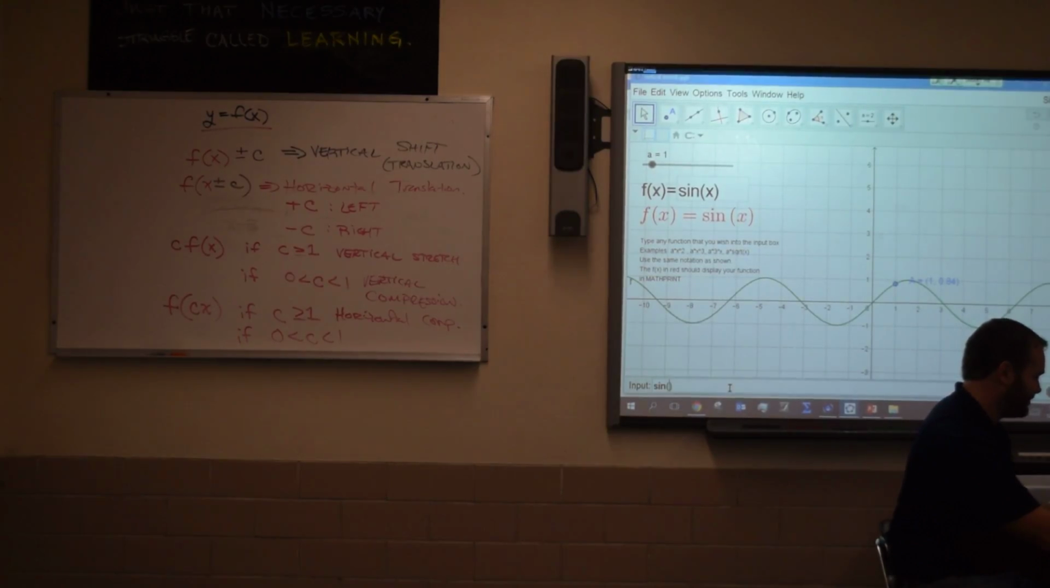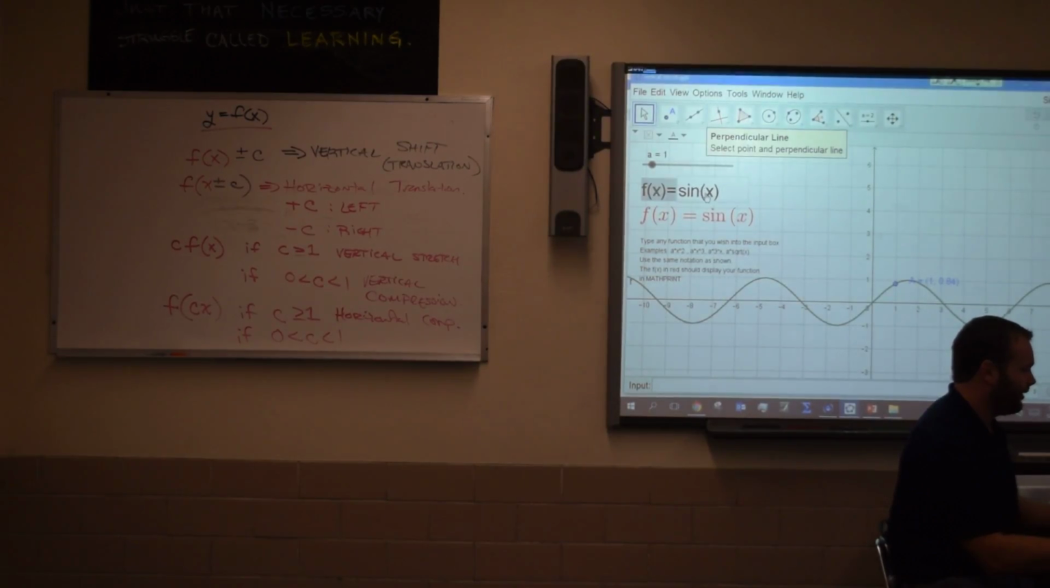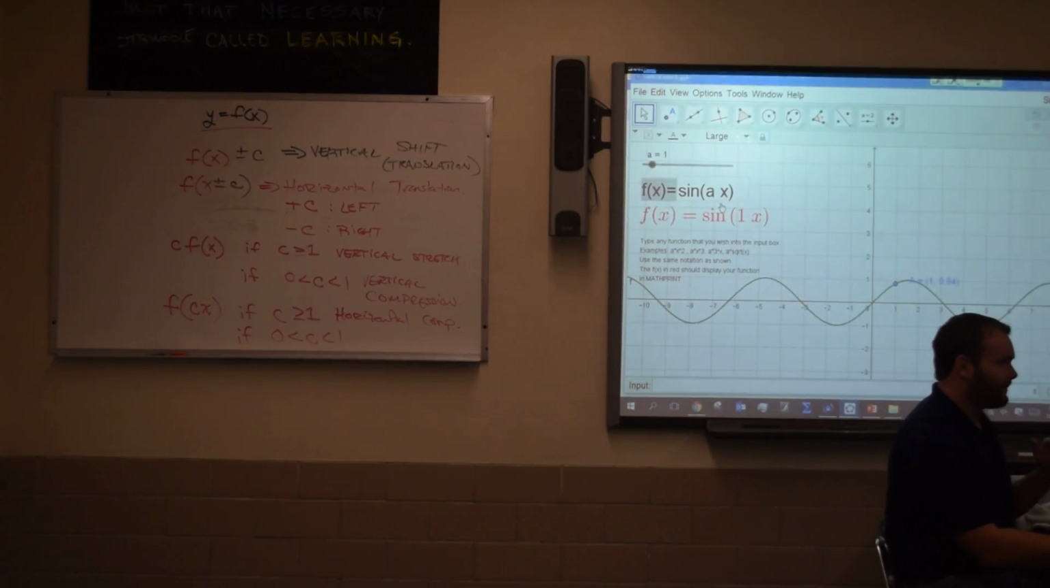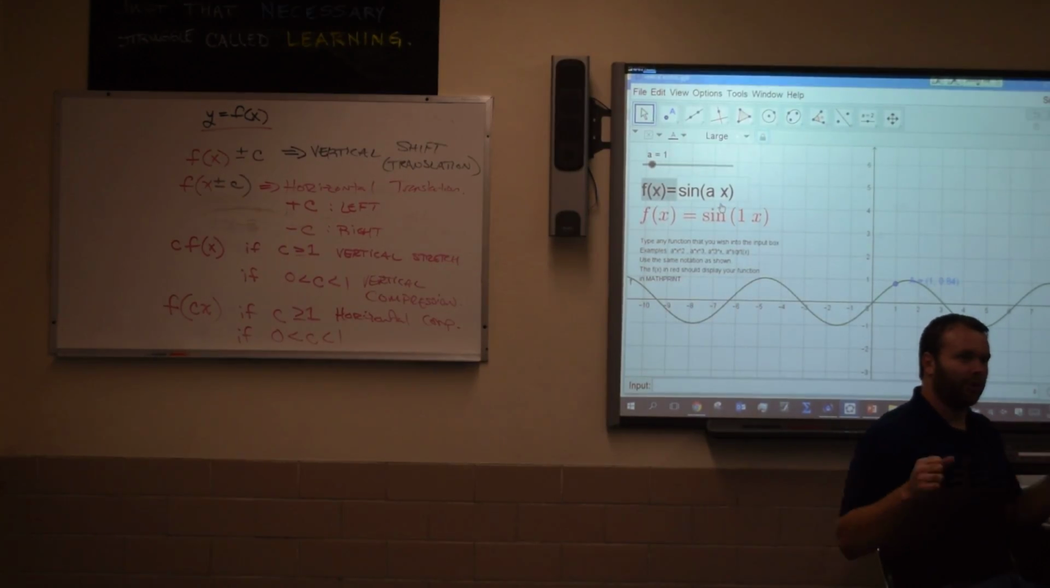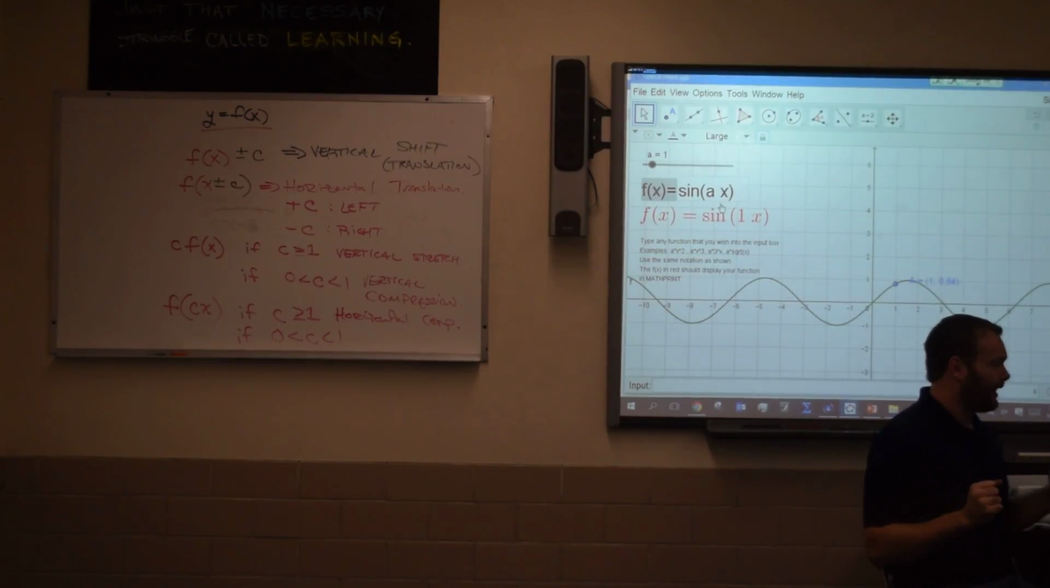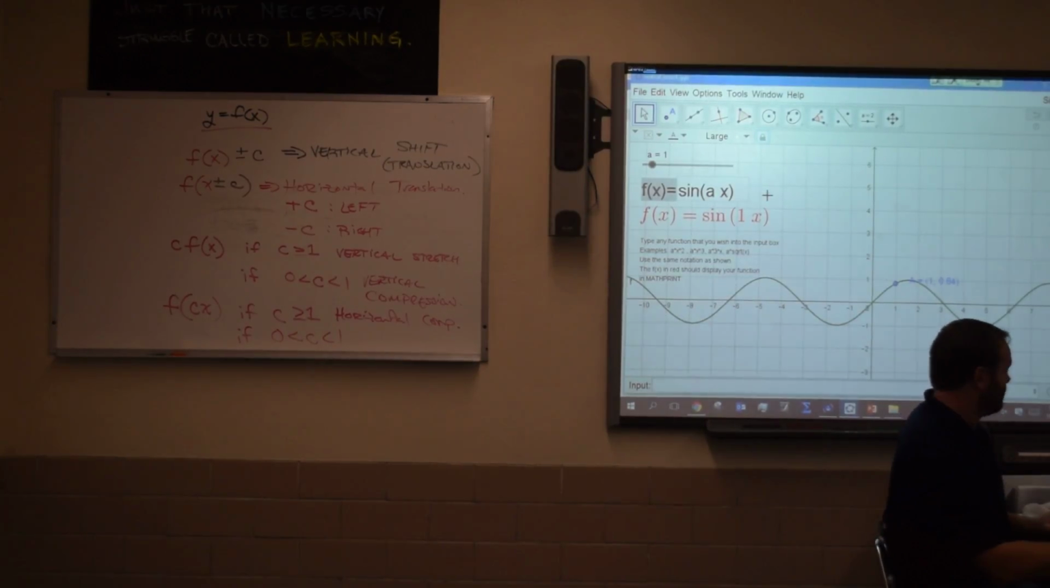So I'm just going to put the parent function here. I'll write sine of x, and then I'll put an a in here. Now what I want you to think about is that a sine function or cosine function is like a spring. Does that kind of make sense? And if I put my hands on the end of it,